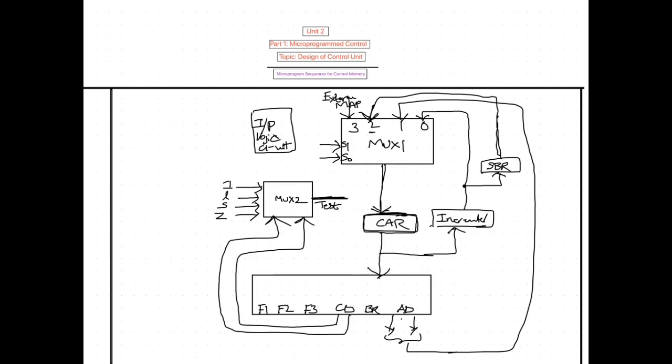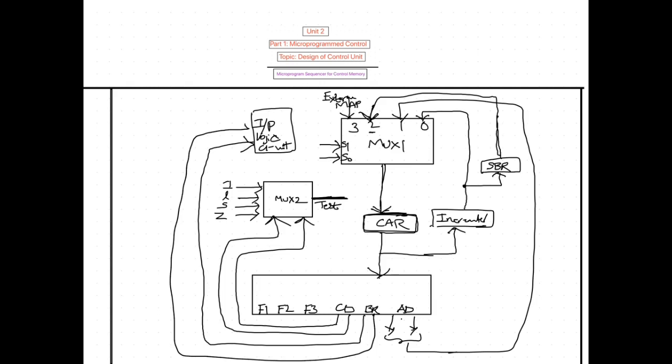What are the inputs? The BR fields. This is I1, this is I0.